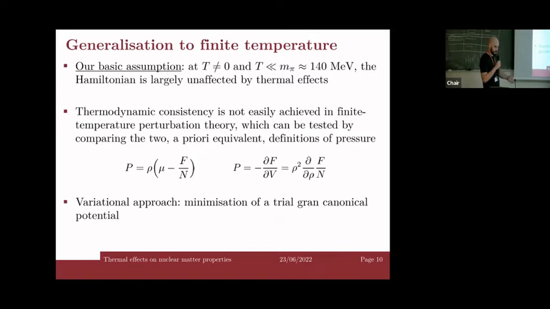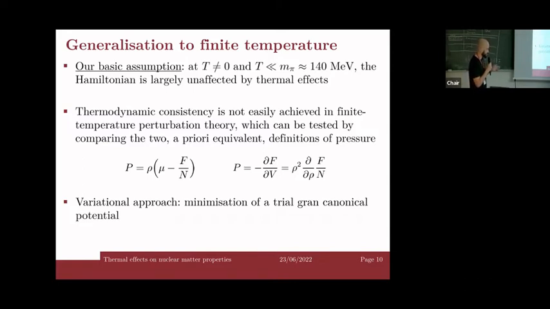So where would the temperature effects enter in this system? Mainly, if we think about a degenerate system of nucleons, we think about the Fermi distributions, because at zero temperature we have a step function describing these Fermi distributions. Now, in the situation where we have finite temperature, it's not a step function anymore. So the temperature effects would be included within the chemical potentials, the single particle energies, and of course, the explicit dependence on the temperature.